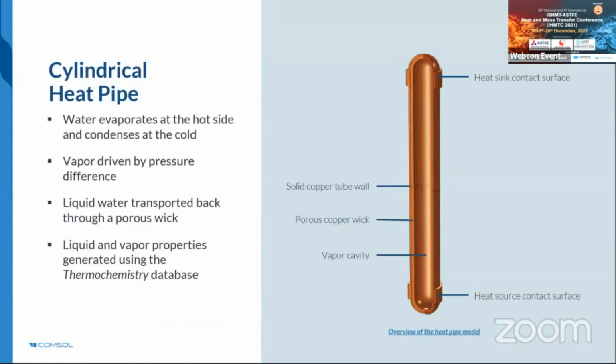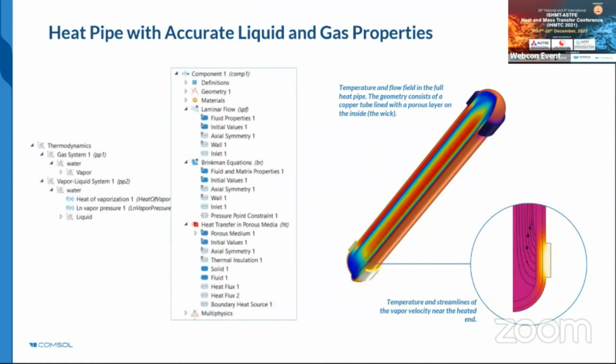And this is the same kind of physics. Phase change evaporation is the basis of heat pipes, and heat pipes rely on the fact that you get evaporation on the heat source, condensation on the cold source, and liquid water or another fluid migrating in a porous material, which is usually a wick, surrounding the vacuum chamber. So if you're interested in this, I guess we have a very good example showing how you can model it.